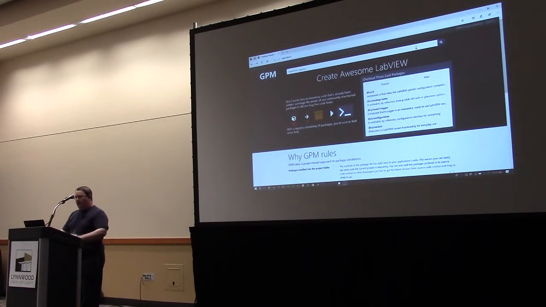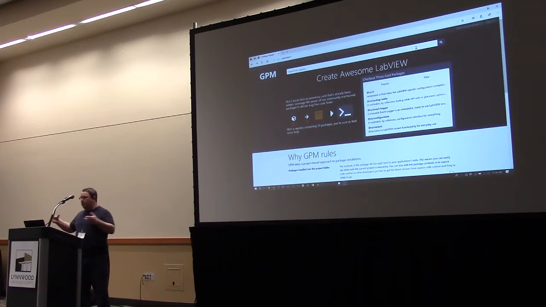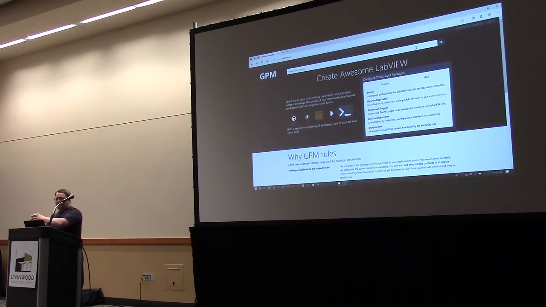And this is a great way of sharing code. If you've ever worked with Node.js, you know how easy it is to import things. Ideally, this would become as prolific, it's kind of the wrong word, but as populated as the Node package manager is, but with LabVIEW code, things that you can reuse, things that, again, you find yourself reusing so you package in a usable way, not necessarily the things, oh yes, everyone will want this.